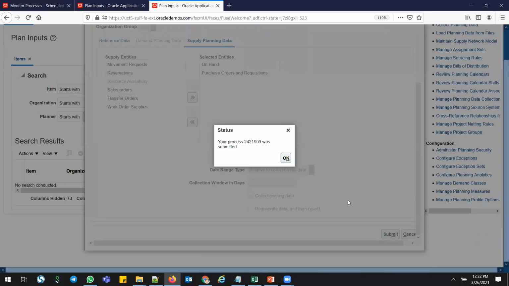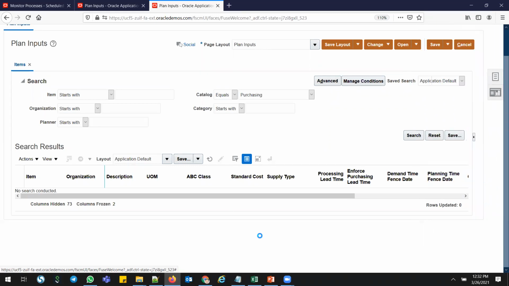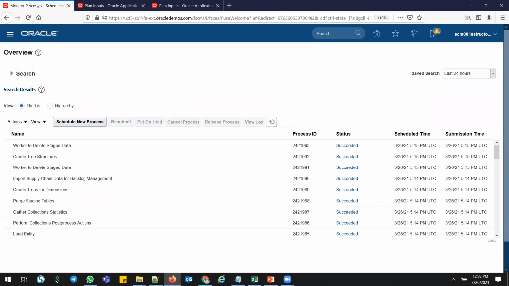But in production, make sure that you run for everything, because this is just for demo purposes. I know what exactly I changed, but in production we don't know. Many people are doing a lot of transactions across all the modules, right? So you have to do all the collections when you are running collections in production. Normally it will be a scheduled process in production. So just refresh. It will not take much time to complete because I'm going to collect only a few. So refresh, and you need to make sure that it completes normal.